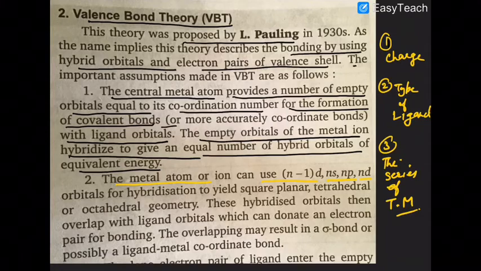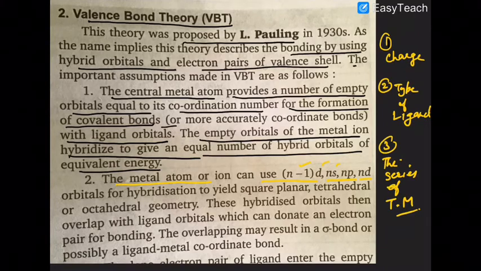That is also a very interesting case. What is that interesting case? If the (n-1)d orbitals and ns orbitals are used, it is called an inner orbital complex, and if nd orbitals are used, it is called an outer orbital complex. Okay, remember that. It means, let us suppose for the 3d series of the transition metals, if 3d orbitals are used, it is called what? It is called inner orbital. If 4d orbitals are used, it is called outer orbital. Are you getting that or not?